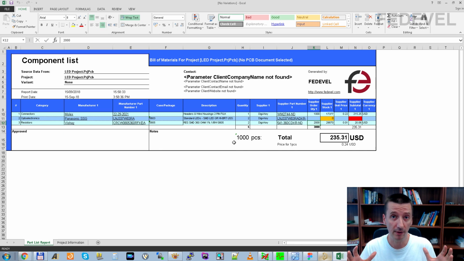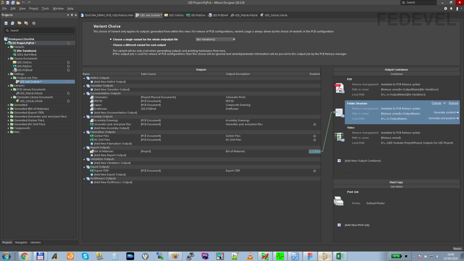Yeah, because there is a big difference between buying one piece of your component or 1000 pieces of the component. So this price here is taken based on the information that we will need 2000 pieces of this component to build these 1000 pieces of the board. I'm sure you understand.